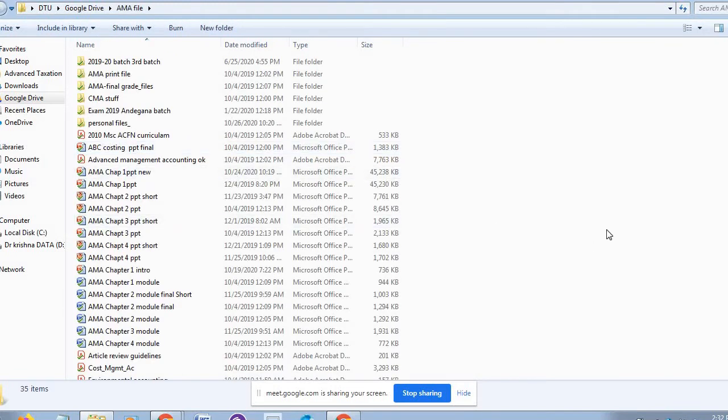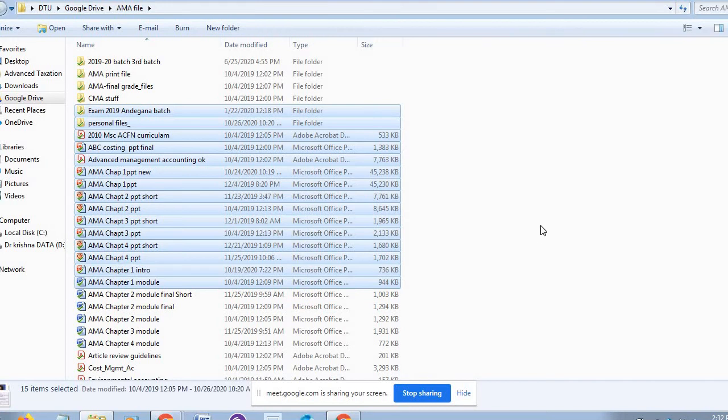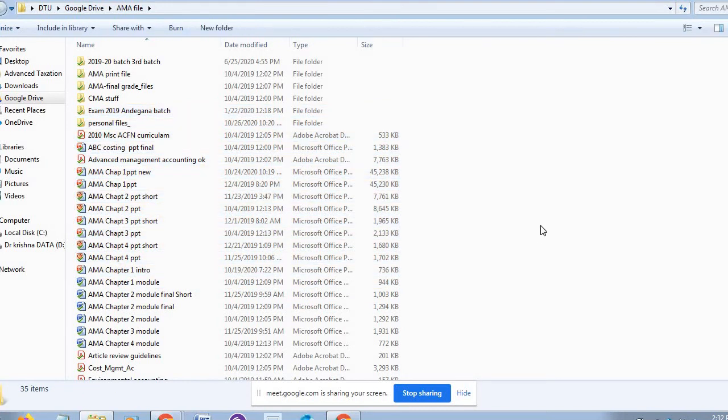See, if I don't have this option, if I lost my system, if my system got corrupted, where could I get all these materials? Again, I have to work. Preparing it is hard work, because I know that preparing PPTs and projects is not that easy. That is why I am requesting you to save your hard work on cloud.